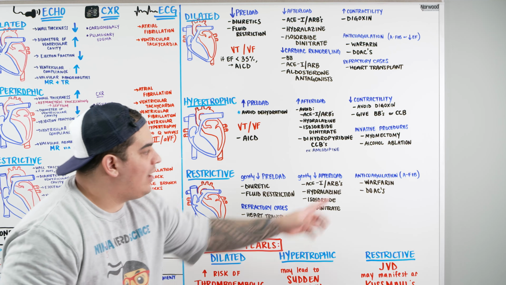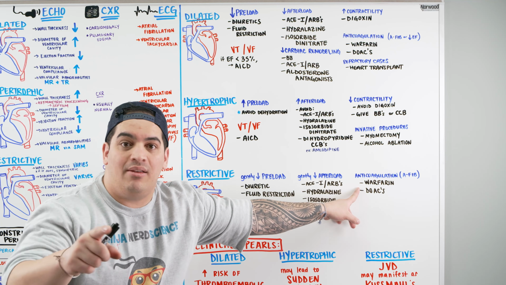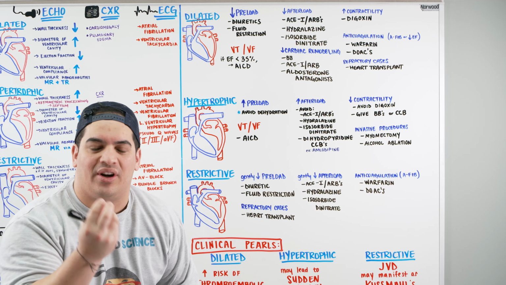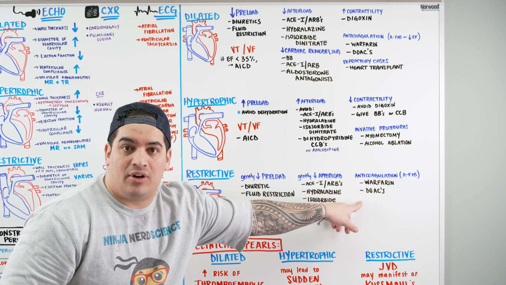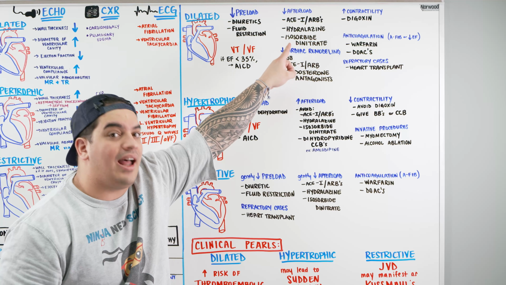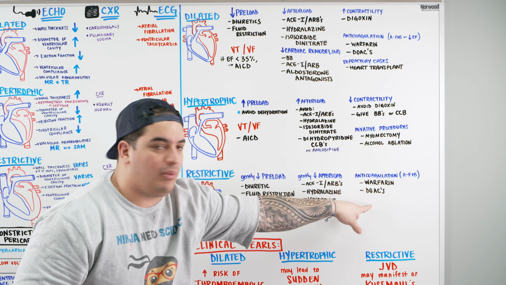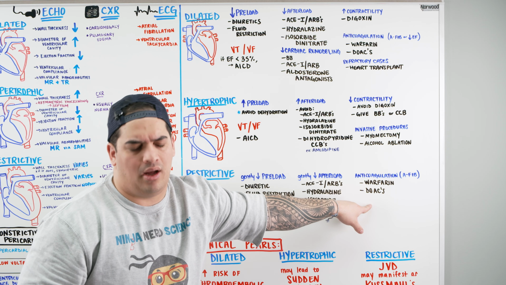So in these patients, not only do they have a high risk of causing embolic strokes because of AFib, but also they have inflammation of their endocardium. So because of that, they are at high risk for developing embolic strokes, nowhere near as high as dilated cardiomyopathy. Please don't forget that, but they are at risk. So we should consider warfarin or DOACs like apixaban,